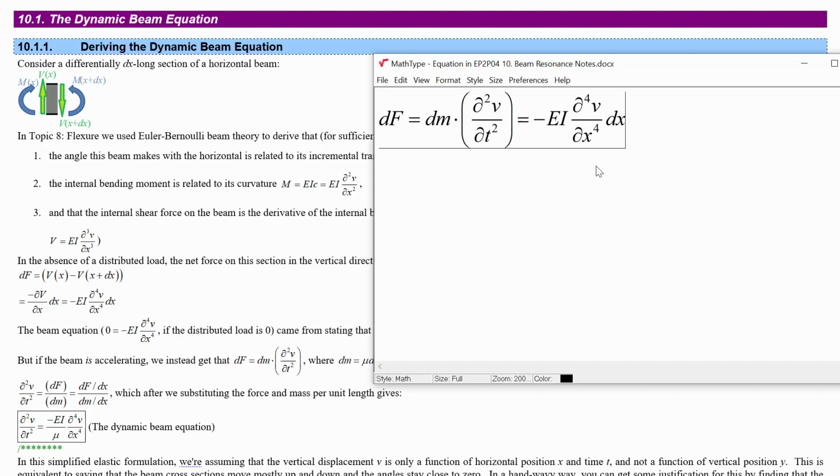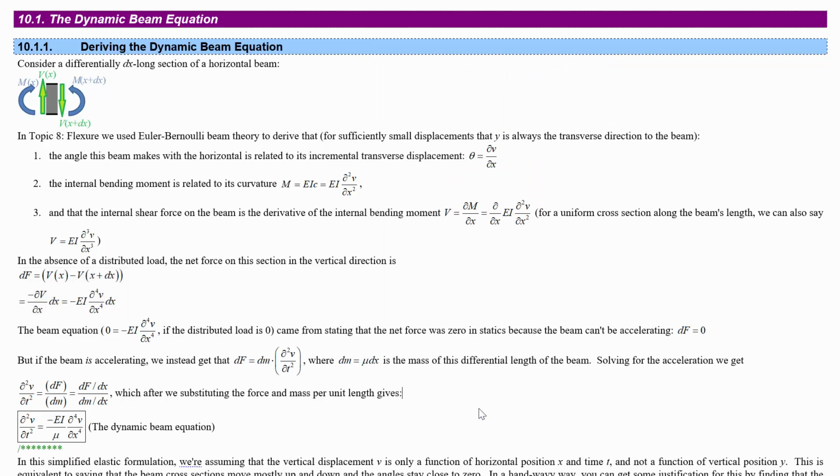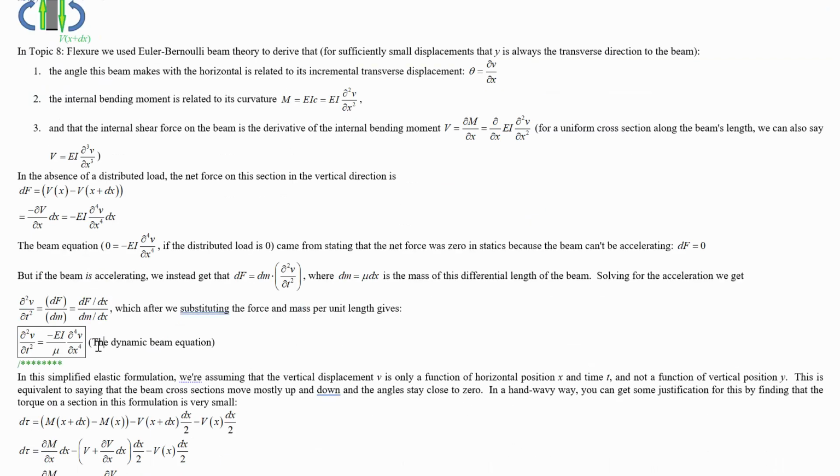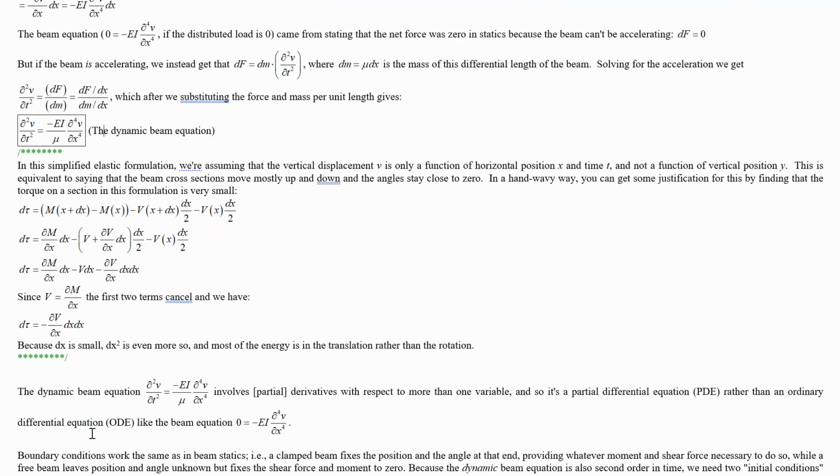So then, we can substitute in the little bit of mass as mu dx, and then the dx cancels, and we've got this. This thing is the dynamic beam equation. You heard me accidentally say dynamic beam equation a few times when we were dealing with the beam equation. So this is a partial differential equation, not just an ordinary differential equation like the regular beam equation, but this